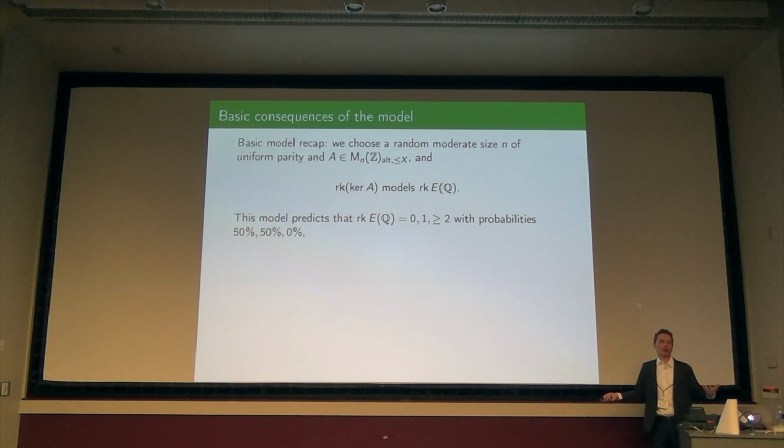So it could be square root of h or something, but 0% of the time when you do this limit, you get rank 2. Why is that? If I take a random matrix with integer entries and I ask for the size of its kernel, what will you tell me? Typically, well, what's the determinant look like? If the kernel is going to exist, then the determinant has to be 0. What's the likelihood that if I take a random matrix, its determinant is 0? In any reasonable sense, the answer is 0% of the time.